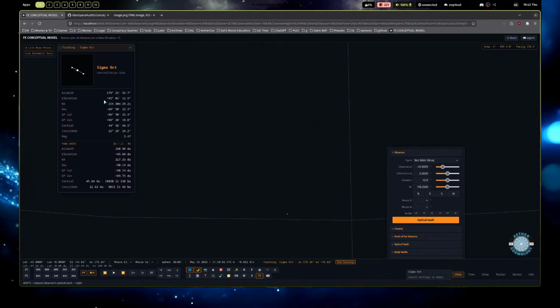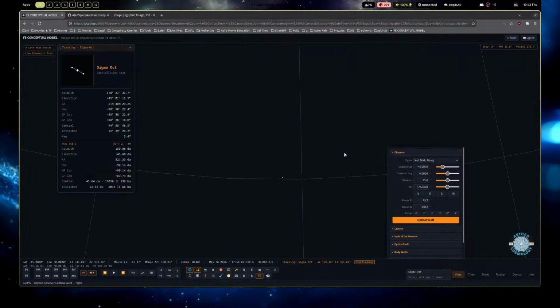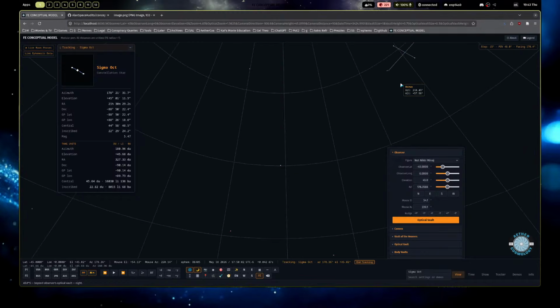Alan, did you make a tracker thing like Stellarium does when you click on a star? Sure did, bud. And you can see that Sigma is nearly 2 degrees off of 180 at this point even. It's not really the Southern Star, but it'll do. Not that people can actually see it. It'll do. Stone, thank you for bringing that up.